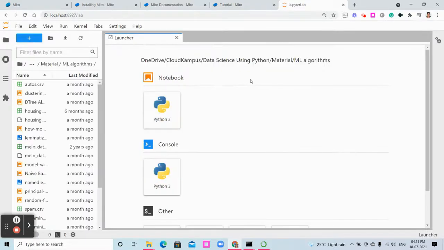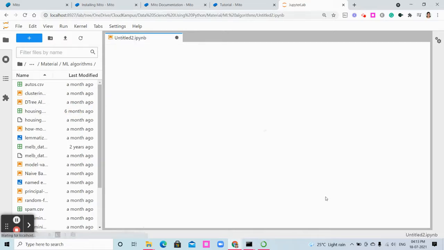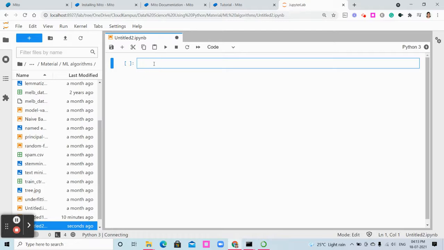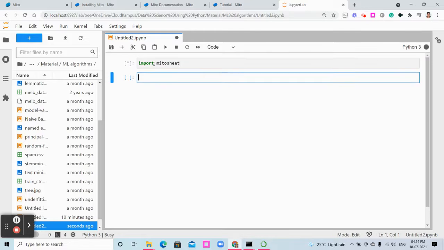You can see that I'm using a Python notebook. So I'm just going to launch with Python. You have to import mitosheet. Execute it. You can see that it is processing, and if it is not showing any error, you can find that your mitosheet is installed successfully.